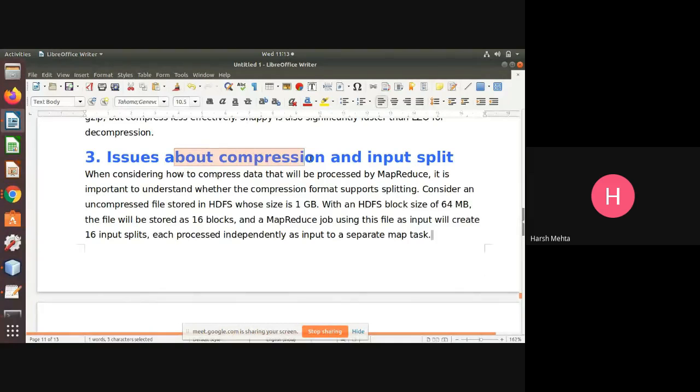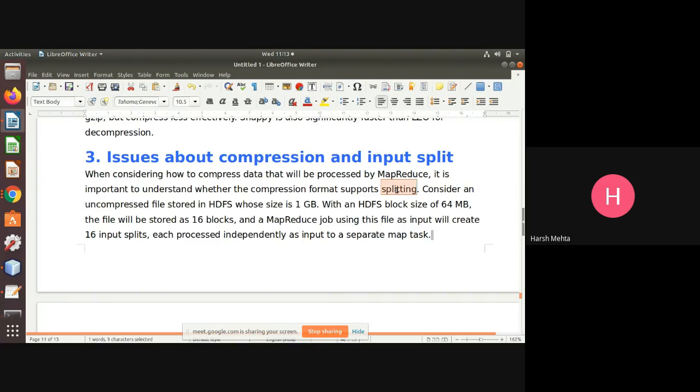Okay, what is the issue about compression and input splits? It's very important to read. When considering how to compress data that will be processed by MapReduce, it is important to understand whether the compression format supports splitting. As I told you, whenever you put data into a file, it splits the data.